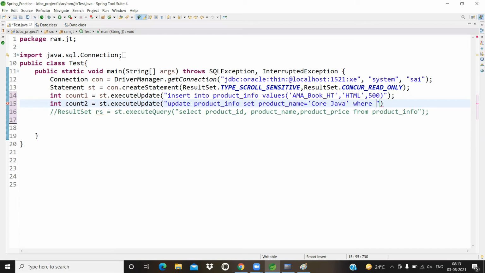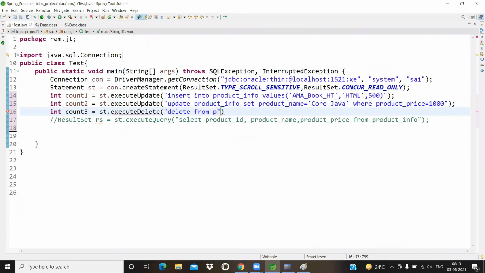Yes. int count3 = st.executeUpdate delete from product_info where product_price equal to 6000.